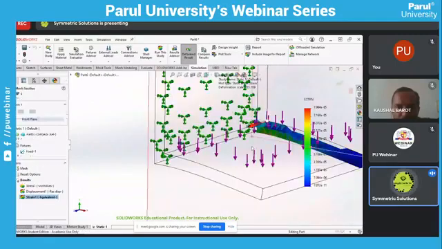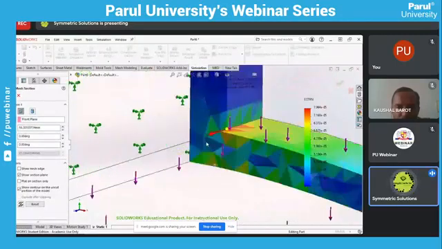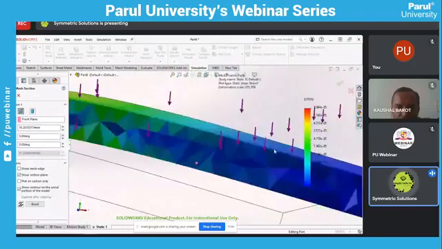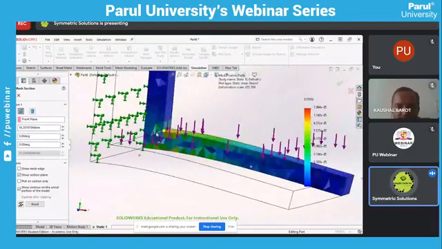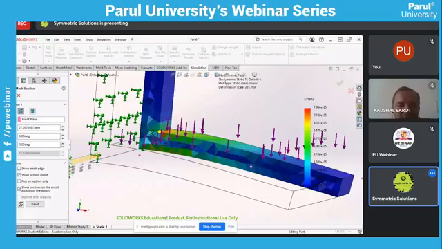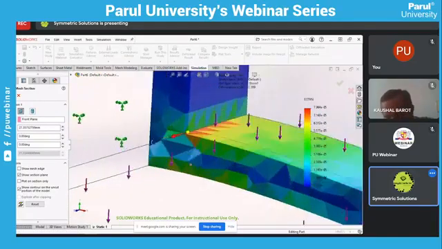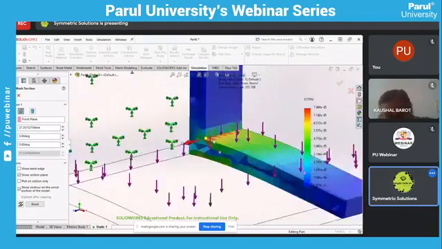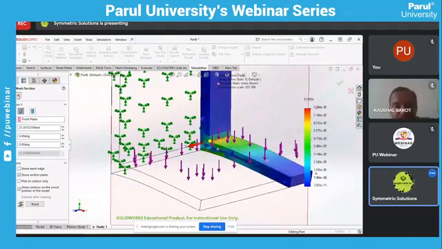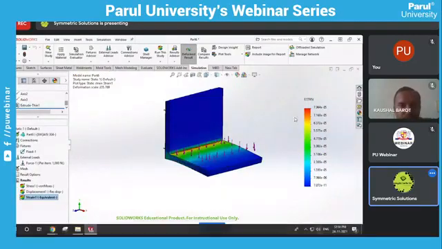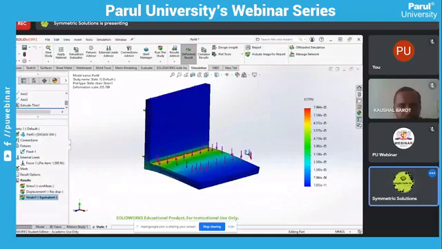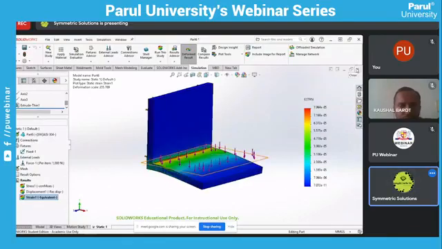Okay, this is mass sectioning, the mass element. This is the element-wise showing result like this. Okay, now